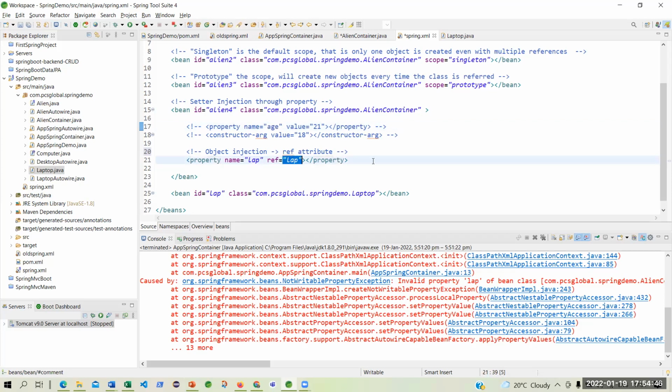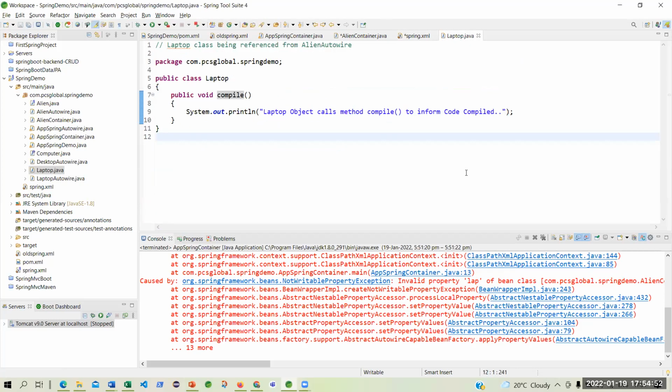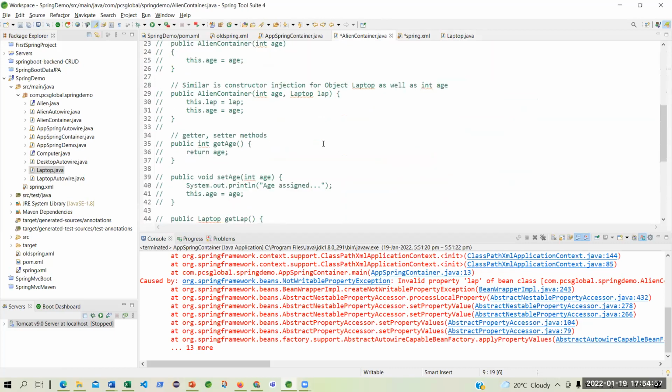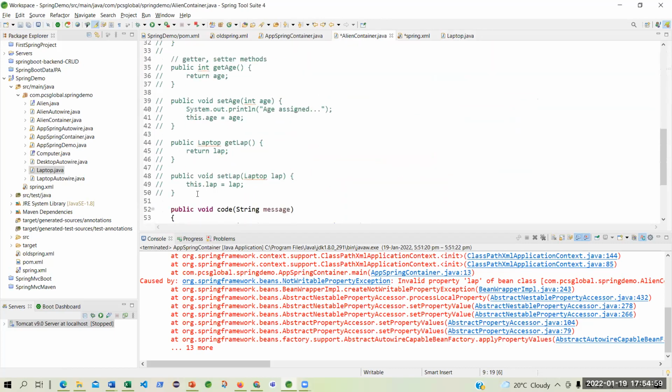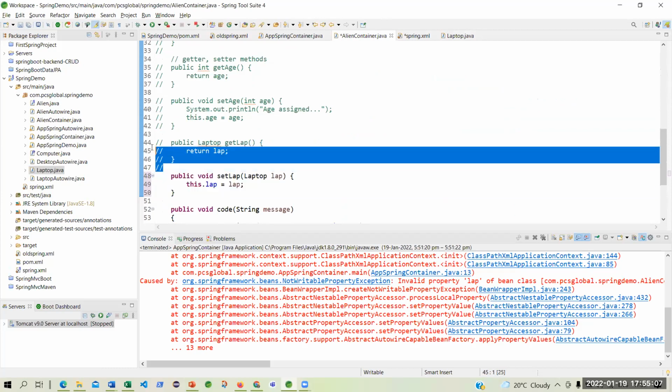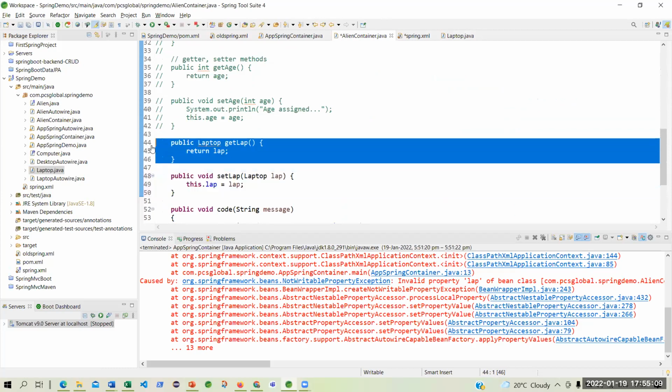No, it is lap. And indirectly it is the object called laptop. So I have to enable the getter and setter of the object. Are you clear? Yes. Everyone?